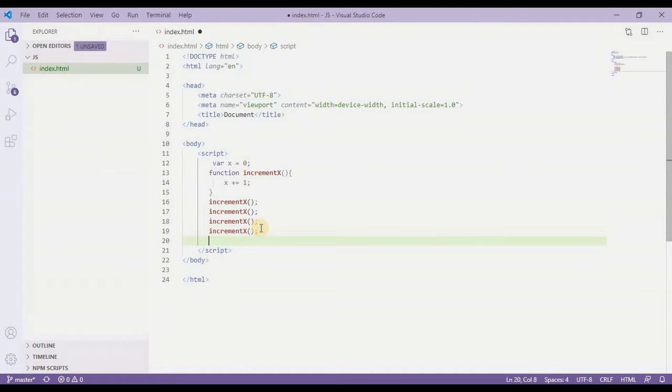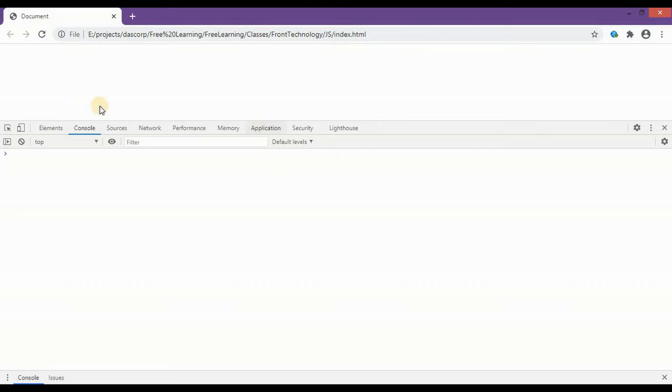Now I'll provide one console.log so that we can understand how this is working, and we'll simply copy this x over here, and then let's go back to our browser and check how this is working. So I'll refresh my browser, and as you can see, this x from 0 has been incremented to 4 because we are calling this incrementX 4 times.